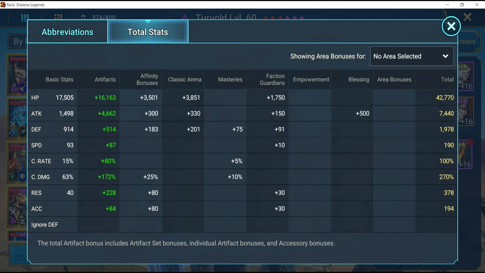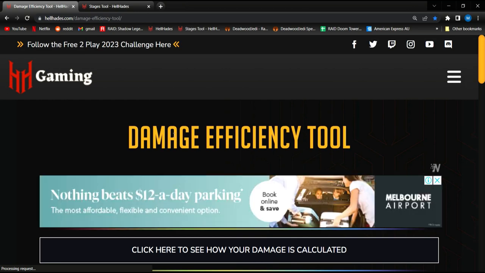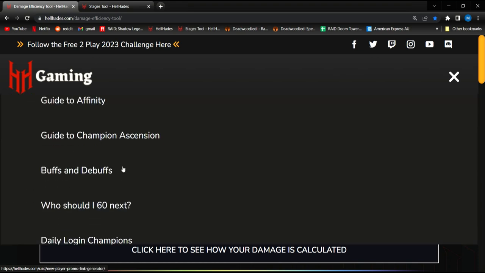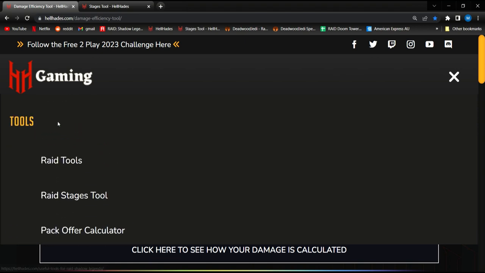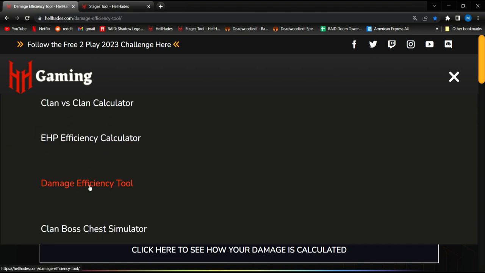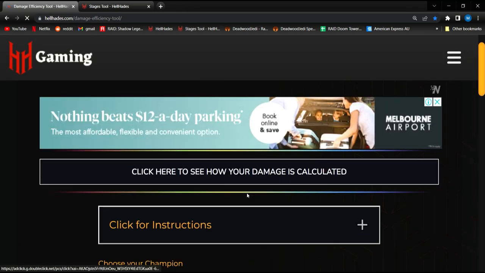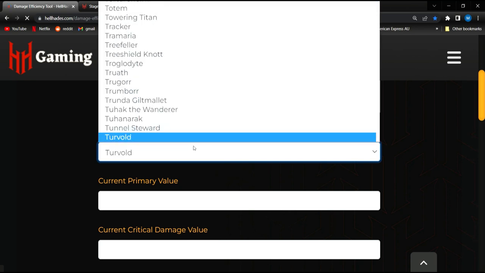If we go here on the Ayumilove website, I'll show you how to get to this damage efficiency tool. So what you do here, you come on Raid Shadow Legends, you go all the way down, and when you get to tools, you look for the damage efficiency tool. You need to subscribe to this website in order to do that, and it's free. You just need to log in, put your email, create a password, and that's it. So we come here, we input Turvold,